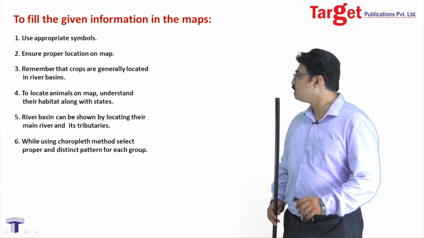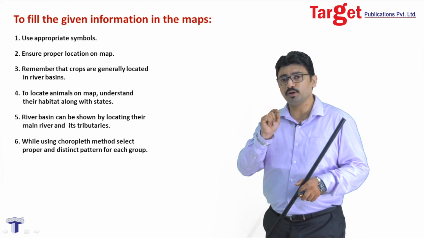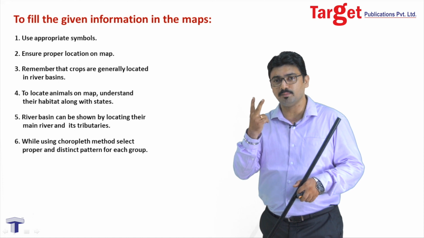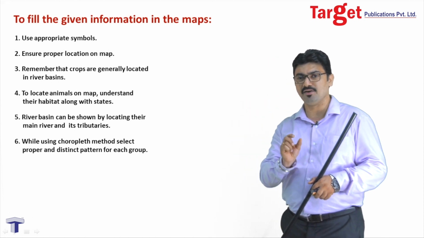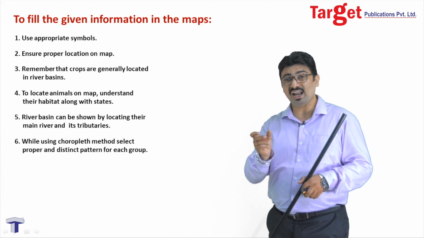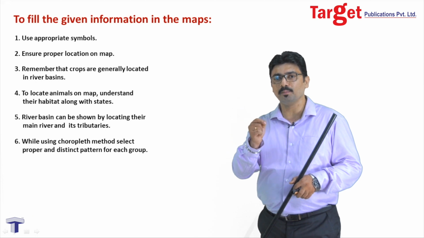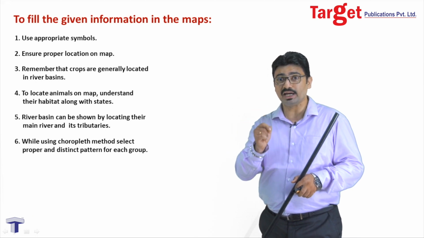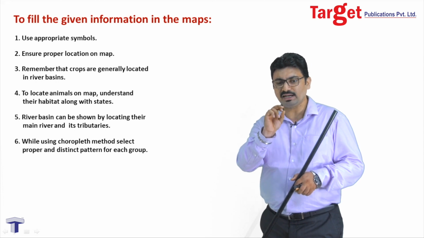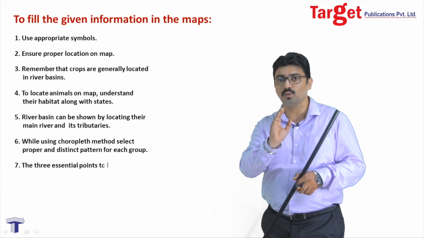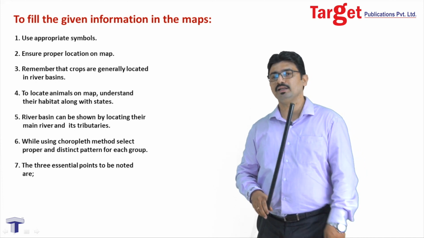Going ahead, the next important point is while using a choropleth map. While using a choropleth map, we know there are two main important points. First, we have to group and categorize them properly, say 100 to 200, according to the values of the feature that you are showing. Apart from that, use appropriate and distinct shading for each category. Each category should have a distinct shading. They should not overlap or look similar. Please take care of this while using a choropleth map.